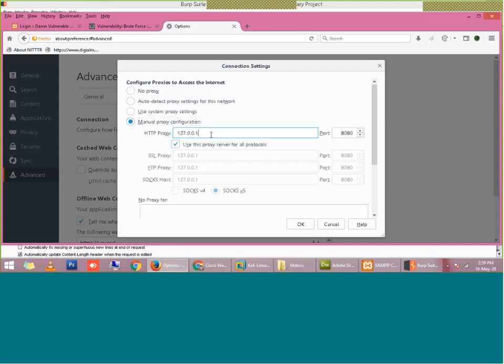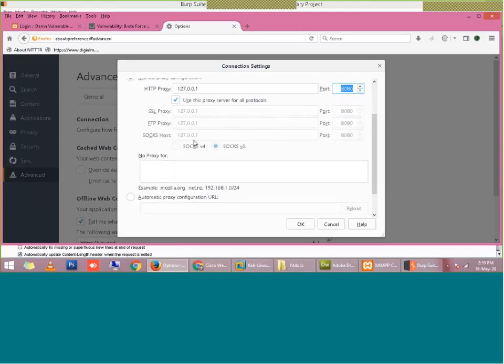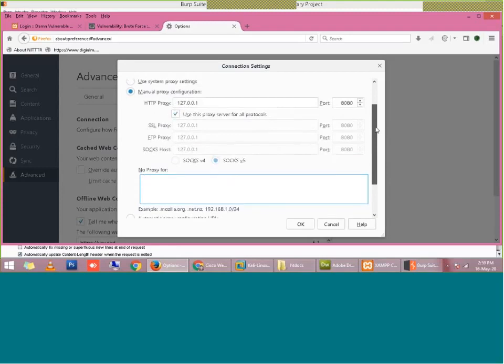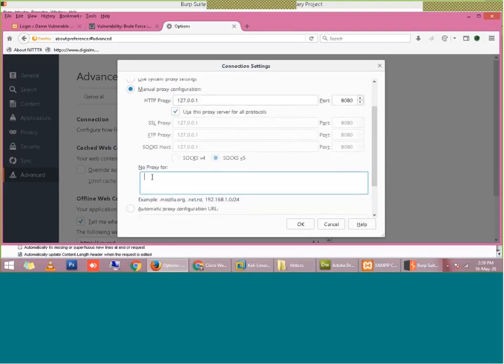In manual proxy, I will write the same IP address I configured in Burp Suite, and the same port number. Make sure that the text box that comes with the manual proxy configuration option is clear, because sometimes even though you have written your IP address, it will not be able to intercept.